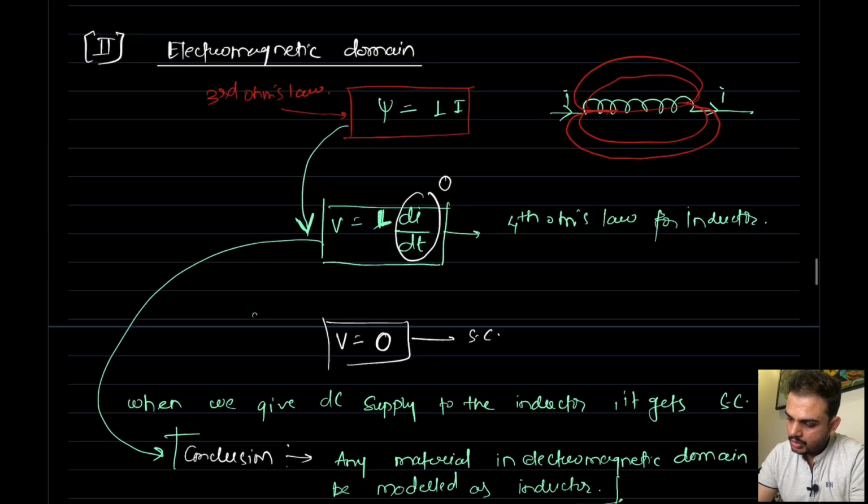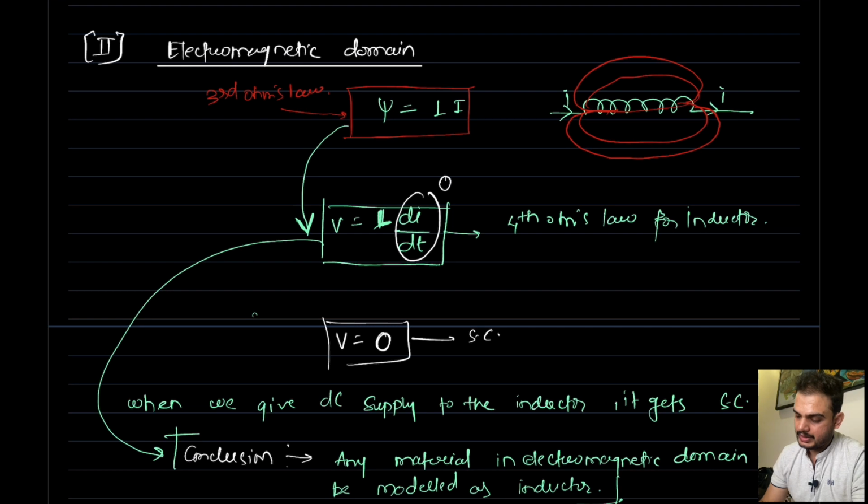This is my third Ohm's law: psi is equal to Li according to the EMF model or distributed model. From this EMF model I have derived V is equal to L di by dt. I have written it here directly, V is equal to L di by dt. There is a small derivation, I am not going into that. You will see it in the EMF subject. But remember, from psi is equal to Li, flux linkage is equal to Li, I have derived V is equal to L di by dt. This is the Ohm's law for the inductor in electric circuit.